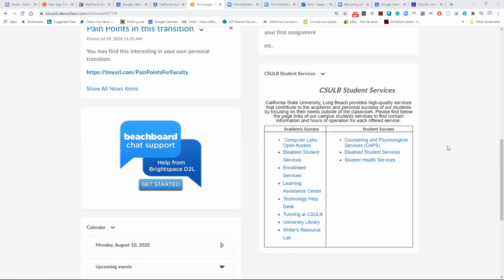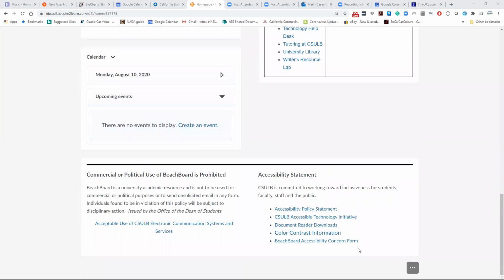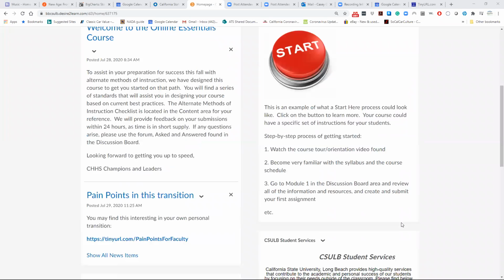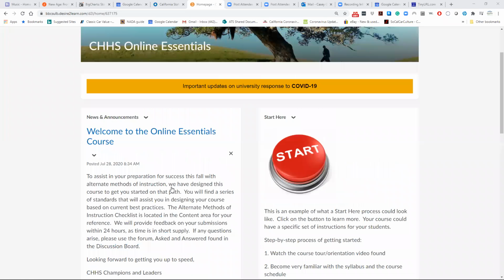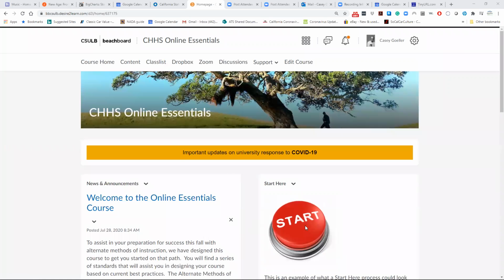available throughout the course. I also put in accessibility statements because we want to address any possible needs for any students who may need some extra assistance. So that's it. And you can change these news items. I do in my regular courses based on current events, and I teach in gerontology, so there seems to be always something going on with these old guys. So that's the home page of the course,